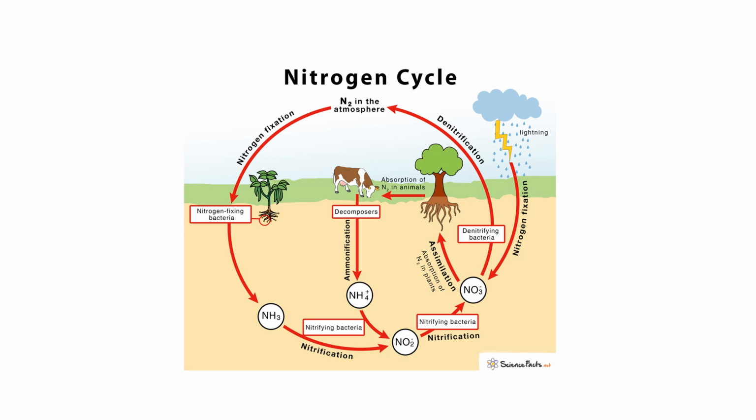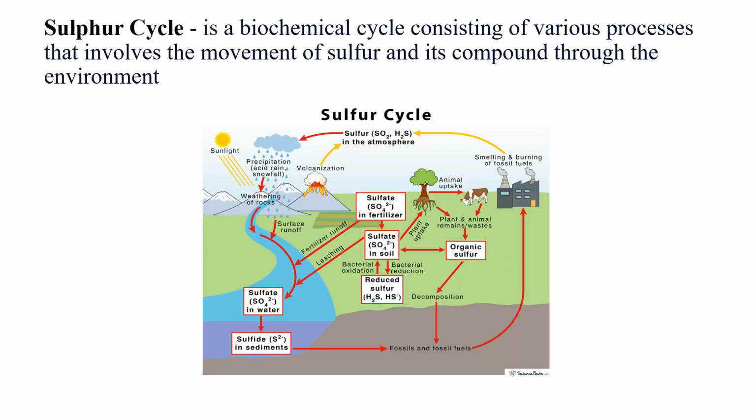Then you have the next one, which is referred to as the sulfur cycle. Sulfur cycle is a biochemical cycle that consists of various processes whereby you have sulfur and its compounds moving in the environment. If you see here, you will see sulfur moving in the environment, either as a sulfate or as a sulfite. If we start from the presence of sulfides or sulfites in the atmosphere, you can see in here that